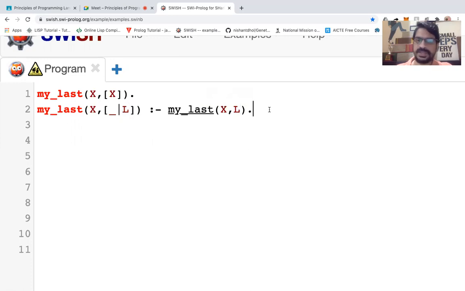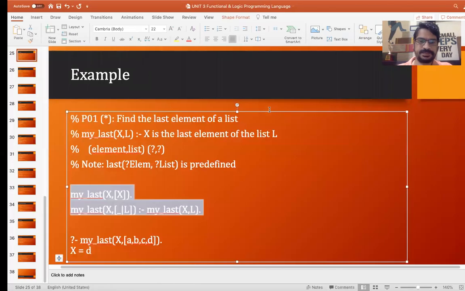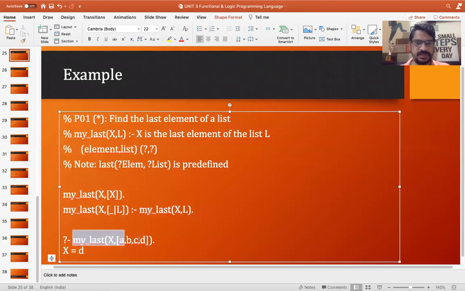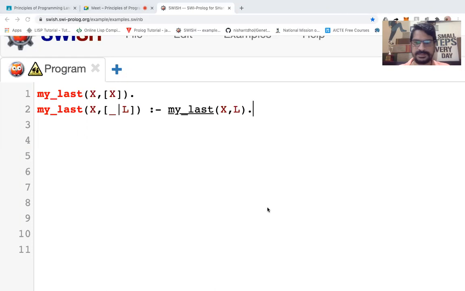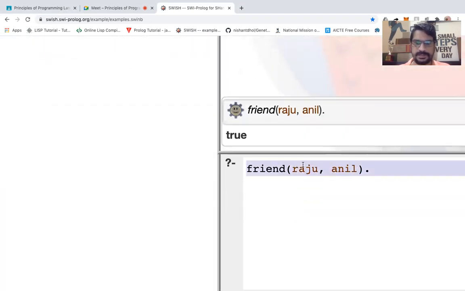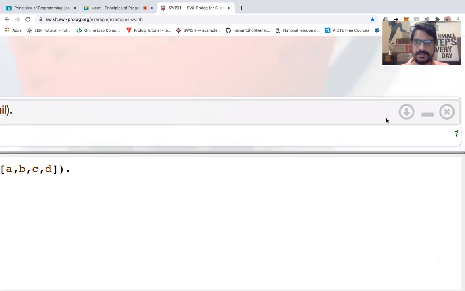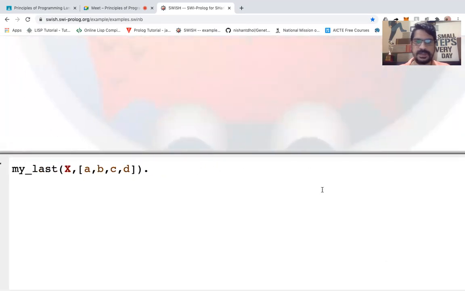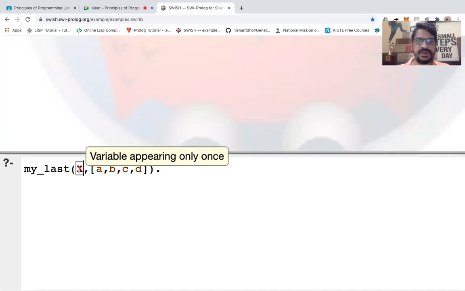Now let's pass some list here and try to understand how it works. So I'm passing this list into the query. This is a variable.